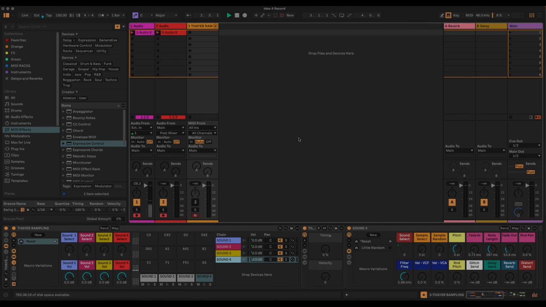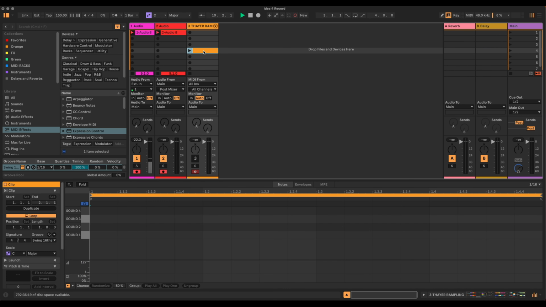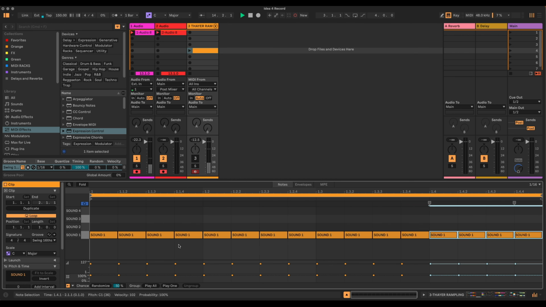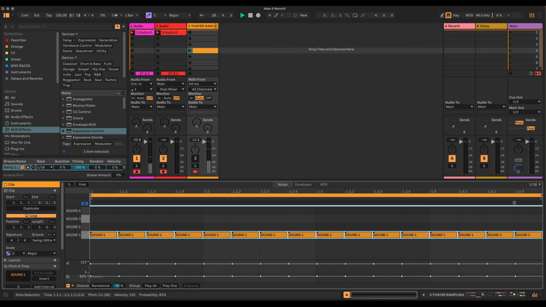Okay, another blank Ableton set. Right, this time I'm going to try and make something kind of drum corey, but a little bit jazzy. So I'm back at 150 BPM for this. This time I'm going to program in, I'm going to use a drum break, one of the drum break samples. So I'm going to set sound 1 to do that and just slightly reduce the chance of all of them,